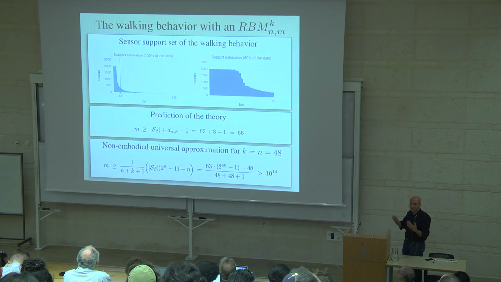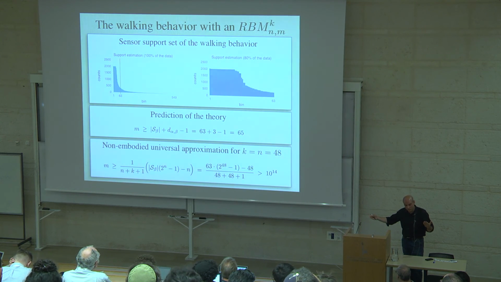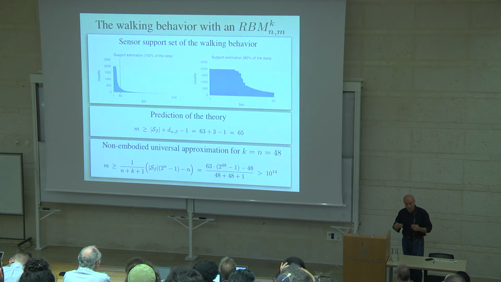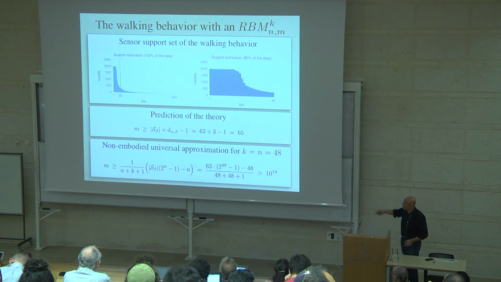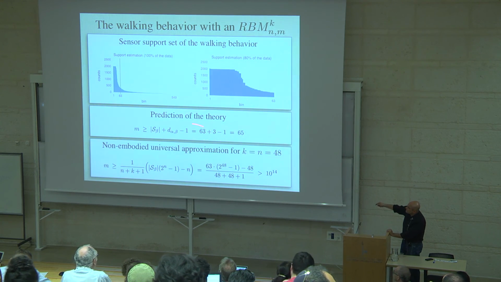We could try to interpret the other sensor states as noise or generated by noise. So we take 80% of 2 to the 48, or 80%? 80%. So we let the agent walk, then record all the sensor states and count how many times they actually occur. For this behavior, they live in the space 2 to the 48. But it's of course a much more reduced number of sensor states because we refer only to that behavior. And from that histogram, we take 80%, okay? So this is the 63 sensor states.